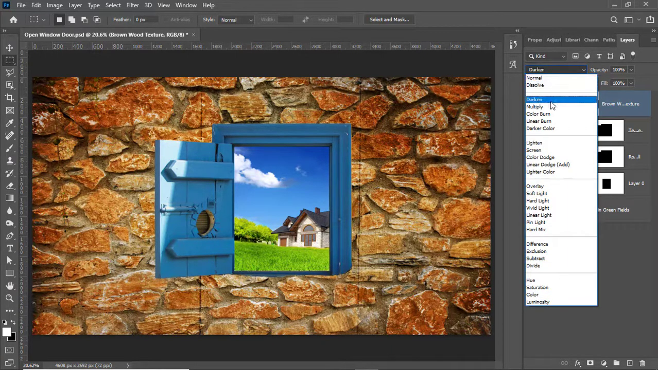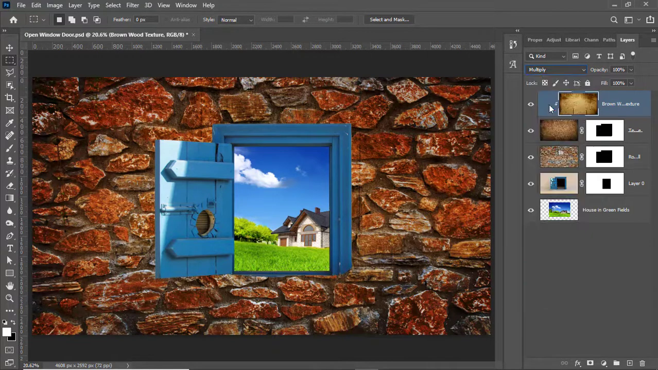I'll also change the blending mode to something like multiply. Okay, and bring down the opacity to 74 or 75%. It's okay. And now I'll make some shadow. I'll simply select my window image and select the mask